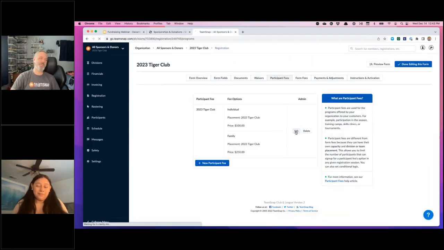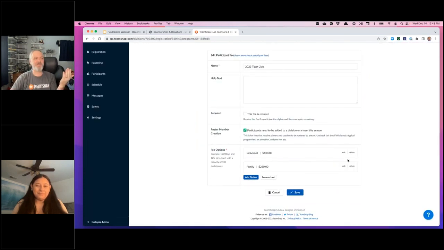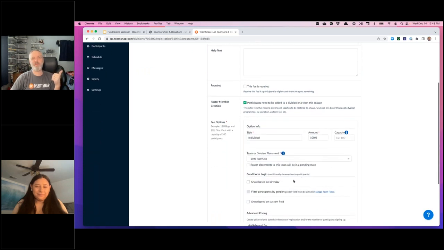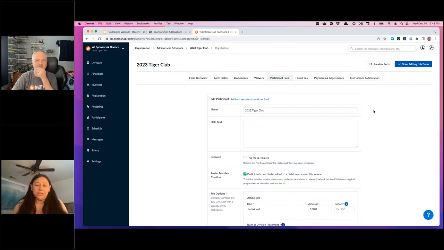Yeah. What I did, little pro tip, is I said if you buy the Tiger Club and I place it as a participant fee, it can automatically roster you onto this team. And now inside TeamSnap, I'm in the 2023 Tiger Club. Any events or messages or things I want to do, I'm really using this as a built-in program, right? Our Tiger Club created a membership program where I'm collecting donations and giving some of those benefits. Definitely. Think of it as a membership. If you're going to go out to the events or the games, you can just show it on your mobile app and use it as a membership. Yeah, you print it out, you've got it.